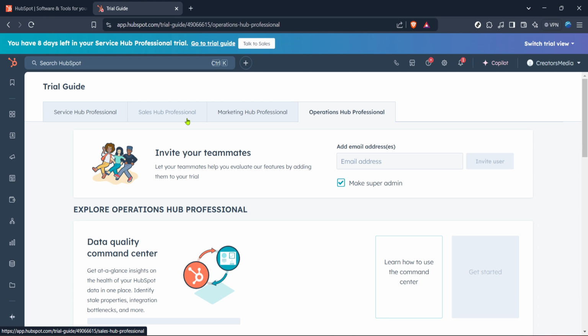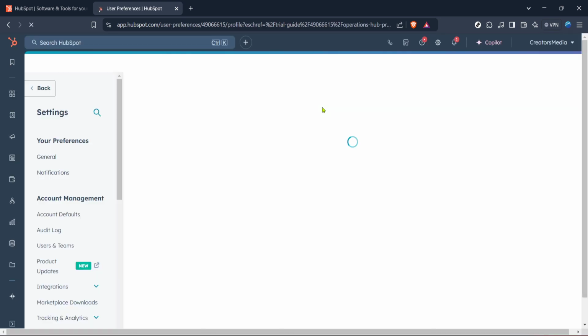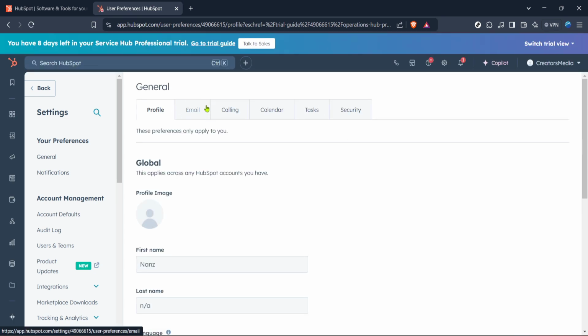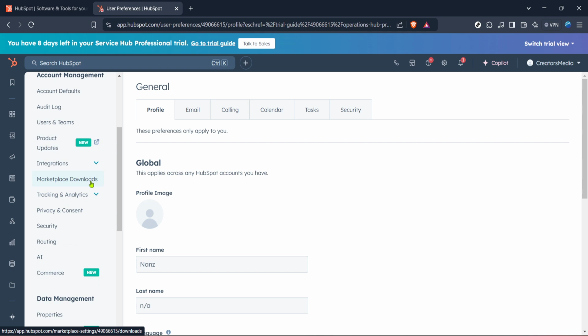Here, shift your attention to the settings icon, which is typically represented by a gear symbol. Clicking on this will open up a new menu. In the settings menu, you'll find several options on the left sidebar. One of these options will be labeled Inbox and Help Desk. Go ahead and click on that, taking you to where you can manage your various communication channels.